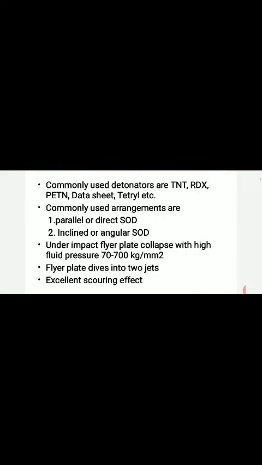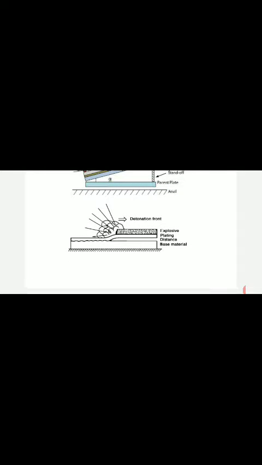The arrangement of explosive welding is shown in the figure here. There is a flare plate and a parent plate, and the distance between the flare plate and the parent plate, which is kept on the anvil, is called the stand-up distance. Above the flare plate there is a buffer sheet, and above the buffer sheet there is an explosive sheet spread over it, and the detonator is at the leftmost corner, which is ignited later. After igniting, the plate will impact the parent plate with high velocity impact.